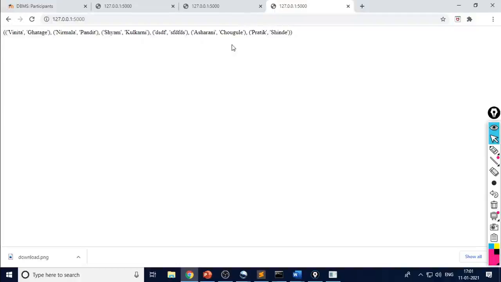So these are the examples of how we can connect MySQL to Flask, how we can connect the database in the Flask script, how we can connect tables in the Flask script, how we can give different queries to the cursor, how we can execute that cursor, and how we can get the output.